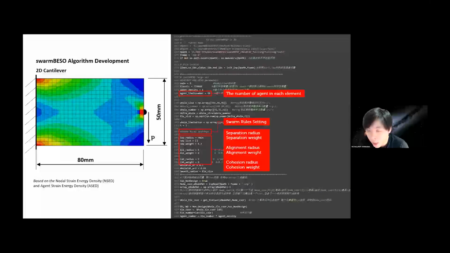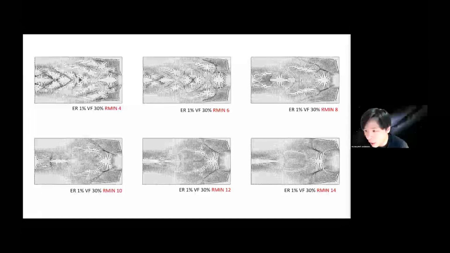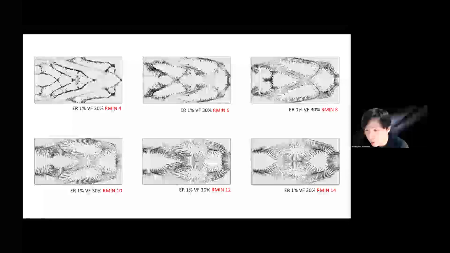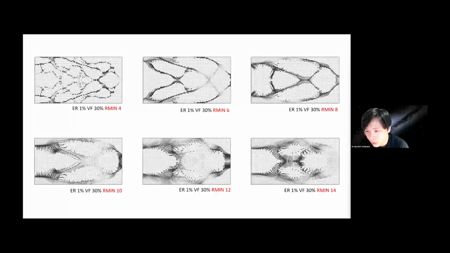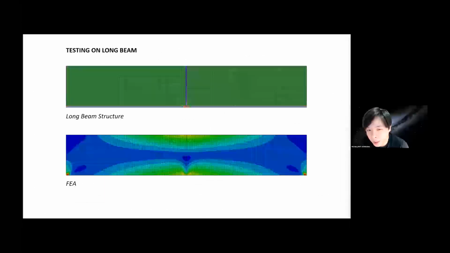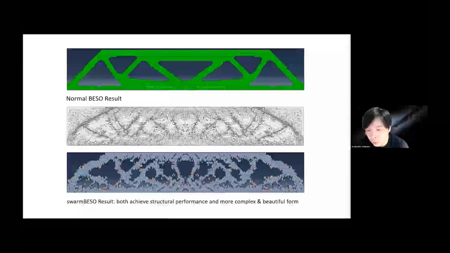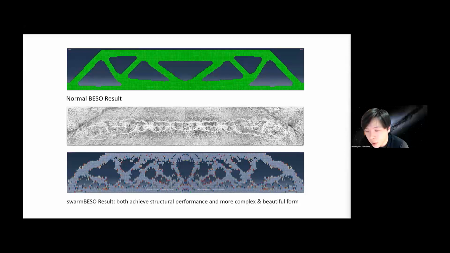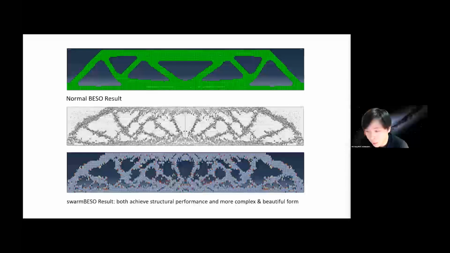Then after we add some swarm rules, using separation, alignment, and cohesion, we can get a more interesting final outcome and more diverse results. And this is the best final outcome. So you can compare with our testing on the long beam. The normal result is the blue image, the BESO result, then our Swarm BESO